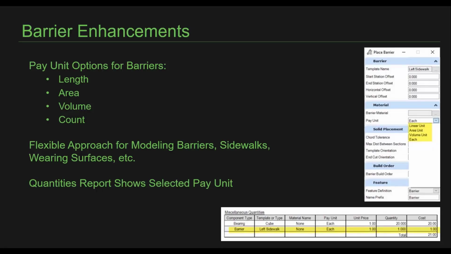In the latest release of OpenBridge Modeler, new pay unit options are introduced for barriers. For a flexible approach when modeling appurtenances including wearing surfaces, sidewalks, barriers, or any element of that nature, pay unit can now be selected from length, area, volume, or count options, and the quantities report shows the appropriate pay unit based